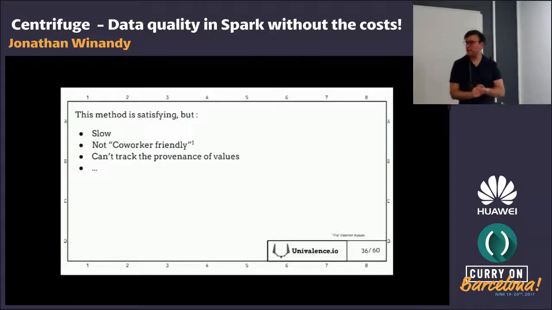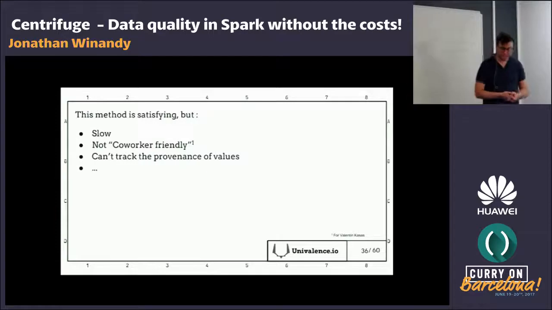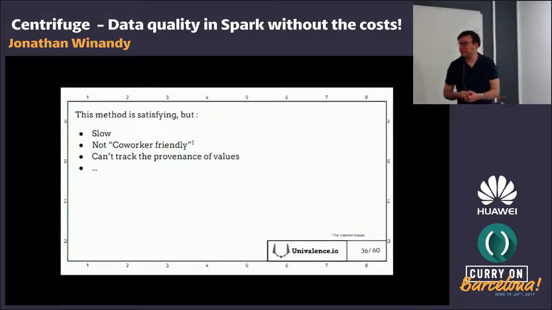So this method is satisfying. It's slow, but that's okay. We are running in your main ETL pipeline. Again, it's not coworker friendly. I think it's a great way to actually talk about Shapeless and Spire and Matryoshka and so on. It's great, but well, you need to do a step towards your coworker and make tools that they can use.